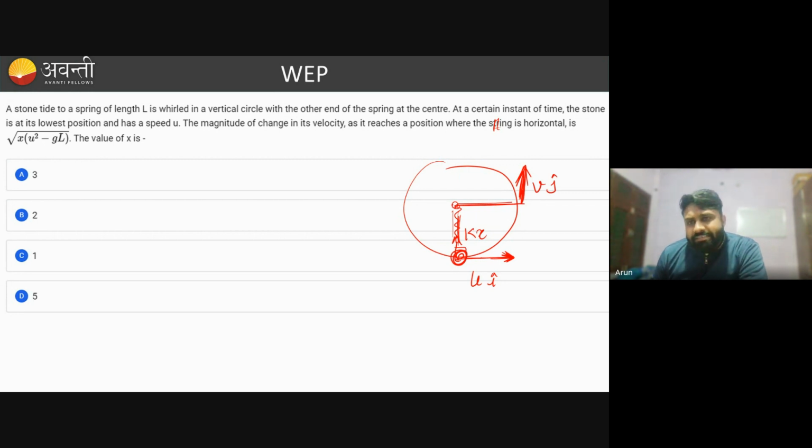If you apply the conservation of mechanical energy, since it is a spring, 1 by 2 times k x square equals, applying energy conservation at this point,